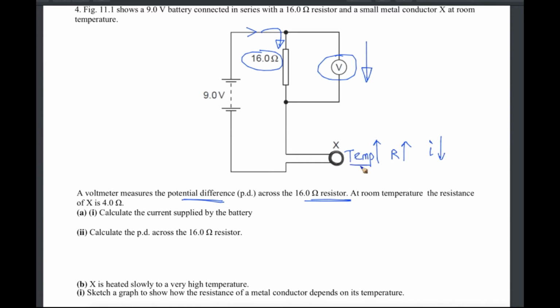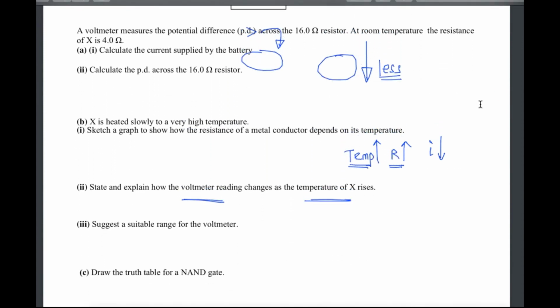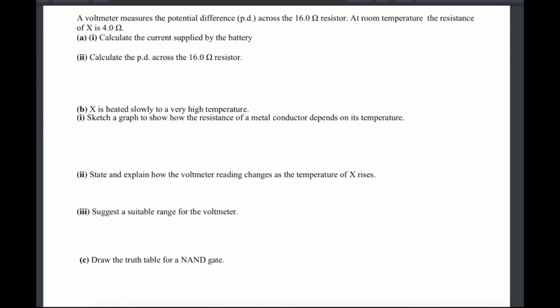Once again, here temperature increases, that's why the resistance increases. Resistance increases, so overall current decreases. So less current is going across the 16, so this voltmeter will read less. Okay, let's frame this in proper sentence. State and explain how the voltmeter reading changes. So you have to say, as temperature increases,